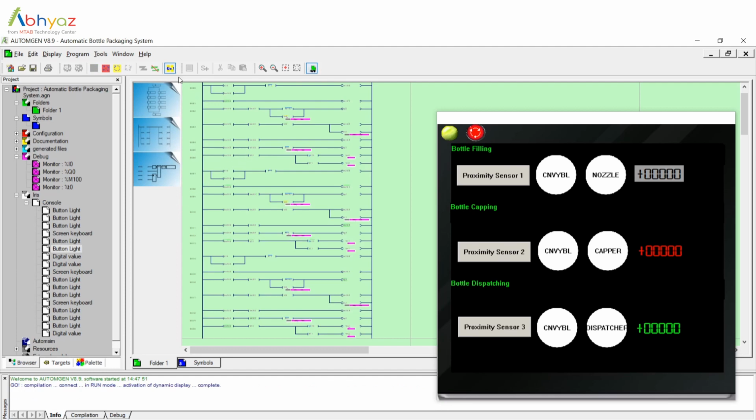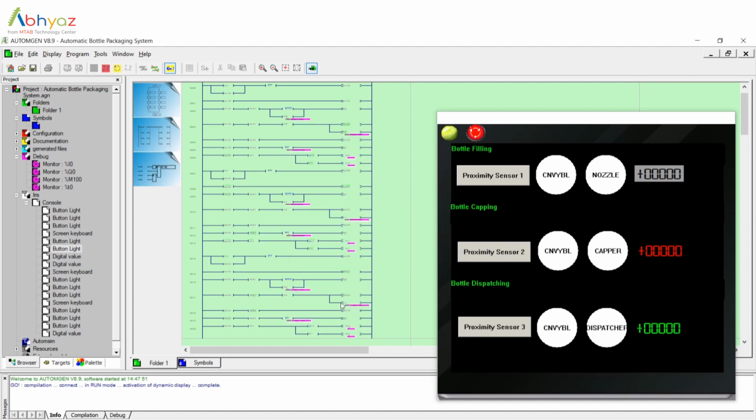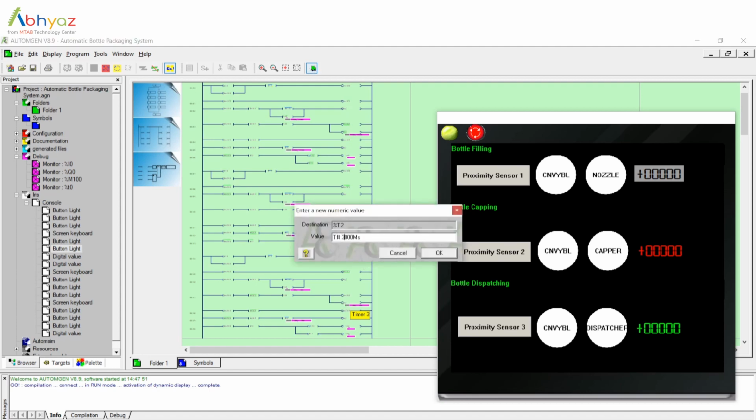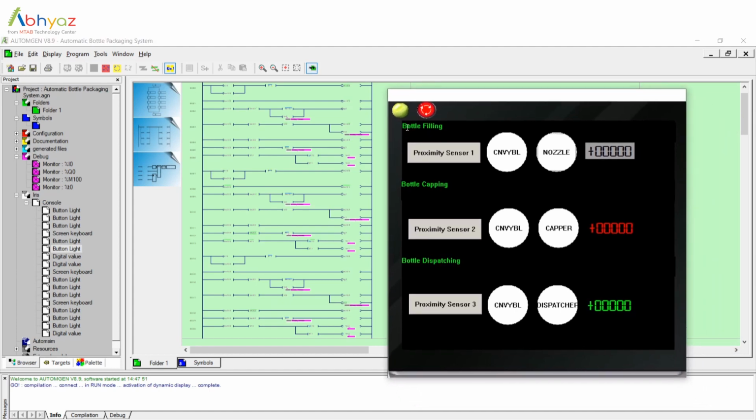All right. After we compile and run the ladder logic, we're supposed to provide the timers in order to control the conveyor belt and the respective station components. For the first timer, I had provided about 7 seconds. For the second timer, I'm providing about 5 seconds. And for dispatching, I'm going to provide about 3 seconds. Okay, now that the timers have been set, I'm going to start the entire system.